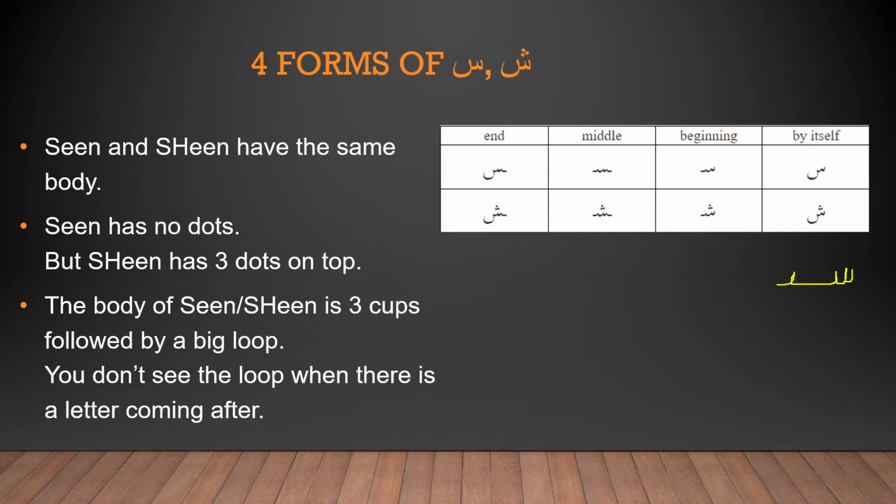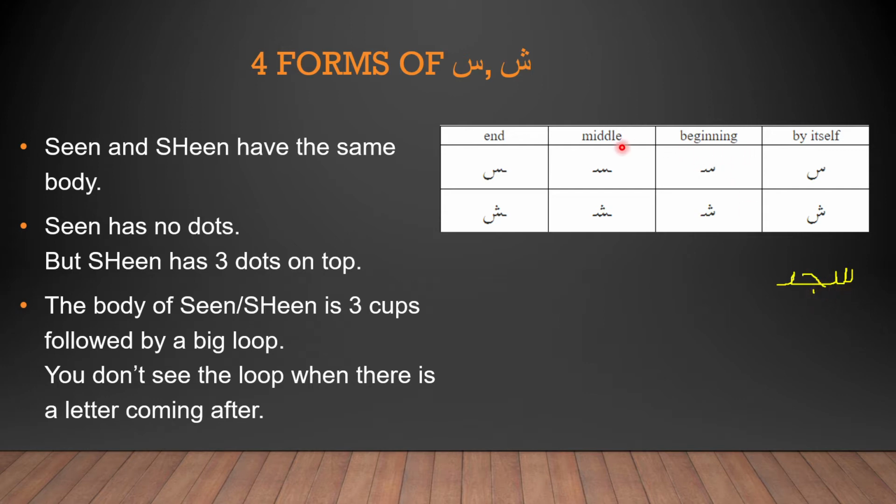Sajada, so there is Seen here, and then there is Jim, and then Dal. So in the Seen, can you see this is connecting with the Jim? This connects with the Jim, so it loses the big long loop. So since the Seen is connecting with the next letter, it loses the loop when it comes in the beginning